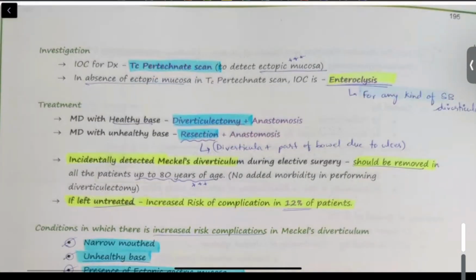Okay, so what is a specific investigation? How can we diagnose Meckel's diverticulum per se? The investigation of choice for diagnosis is called the technetium pertechnetate scan. This will usually detect ectopic mucosa, whatever is present, and if the ectopic mucosa is detected, then that is almost the diagnosis of Meckel's diverticulum. Okay, suppose there is absence of ectopic mucosa on the technetium pertechnetate scan,